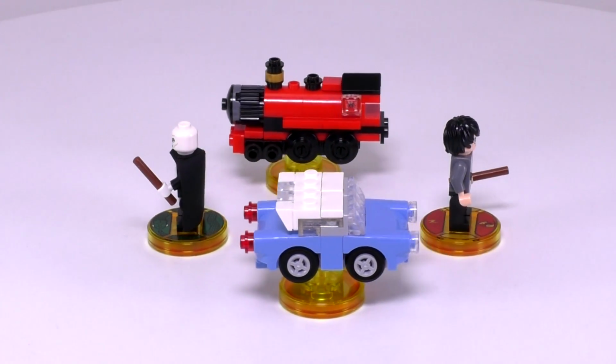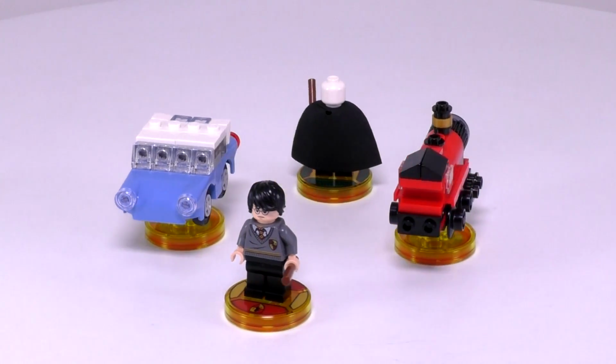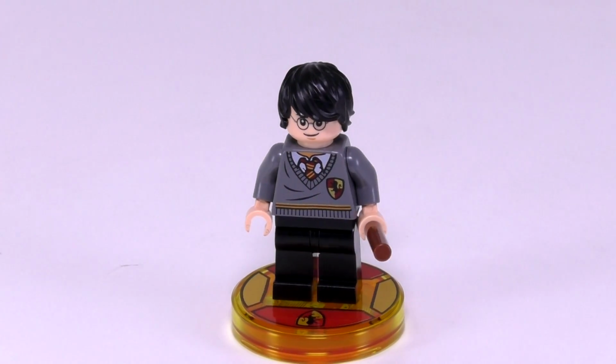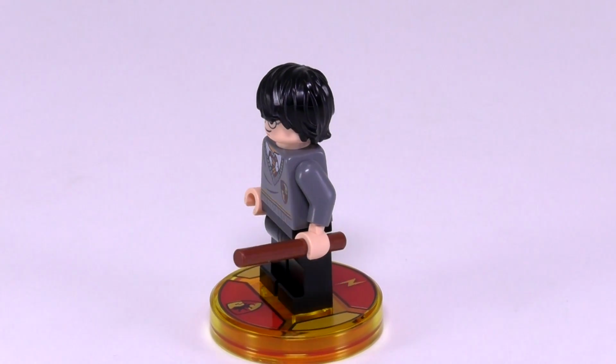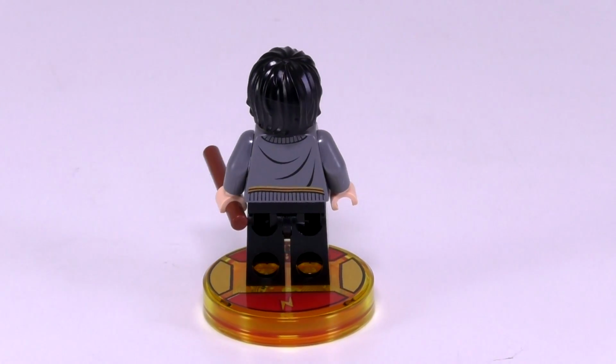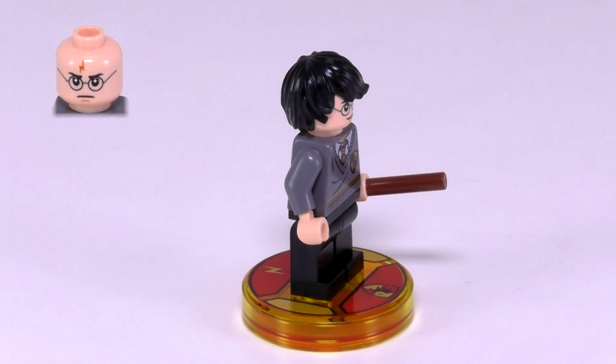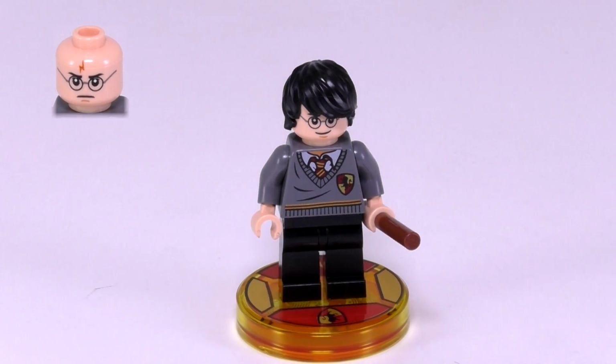Nice to see Harry Potter coming back into the mix after not being around for quite a long time in Lego. Let's start with the minifigs. Harry Potter here has a lot of great detailing. There's quite a bit more on here than I expected to see. We've got two good expressions printed for Harry Potter's face. The alternate, you can see the lightning bolt scar on his forehead, and he comes with a simple brown bar